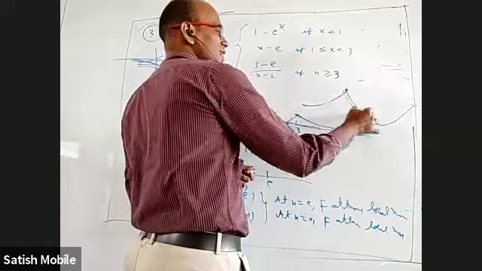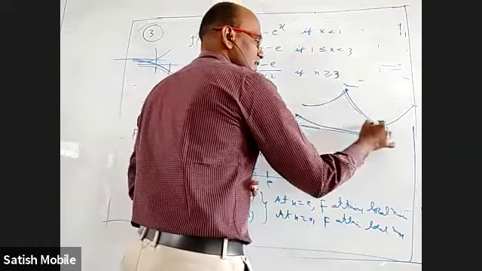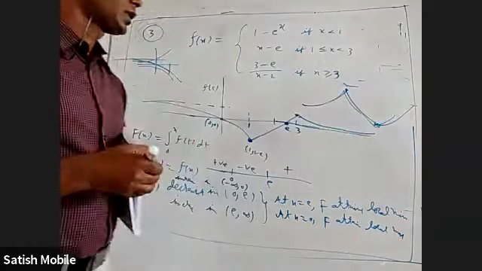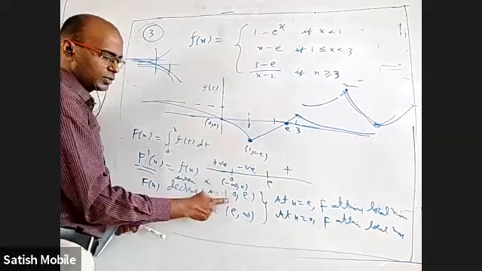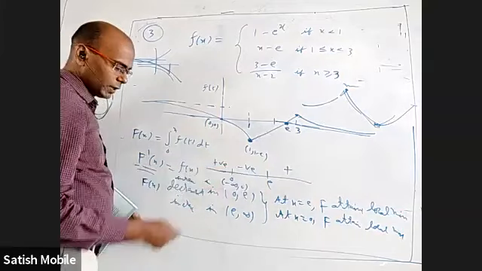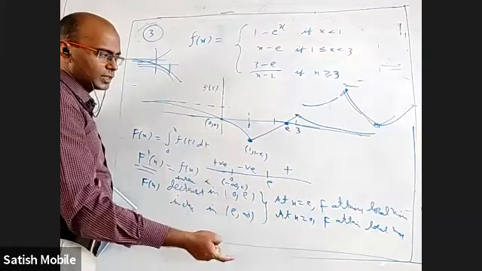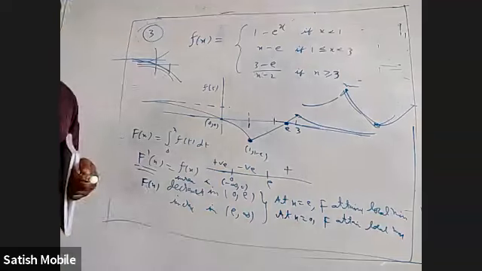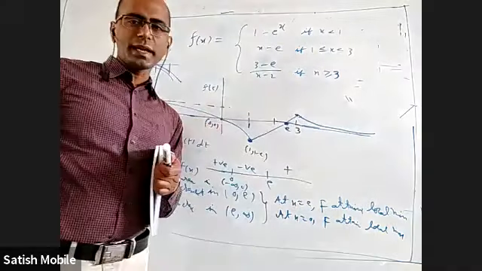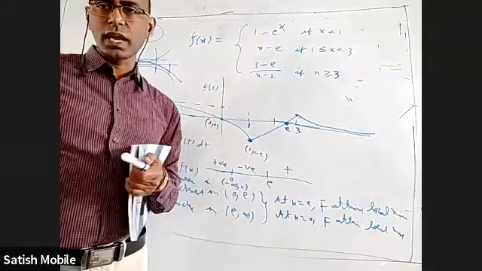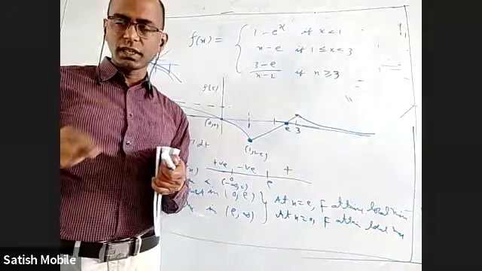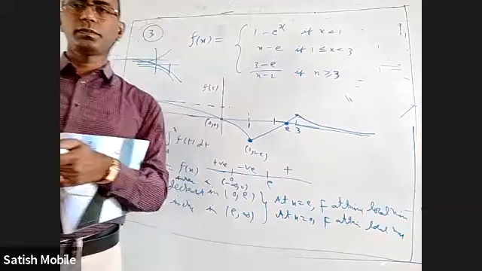If it increased and then decreased, this is a local maximum. If it decreased and then increased, it is a local minimum. That's why at 0 it is a local maximum, because up to 0 it is increasing and after 0 decreasing. Up to e it is decreasing and after e increasing, so it is a local minimum. Is it okay now? Yes, sir. Wherever the derivative sign changes from plus to minus, it is a local maximum, because it increased and then decreased. Wherever the derivative sign changes from minus to plus, it decreased and then increased, and that is a local minimum.